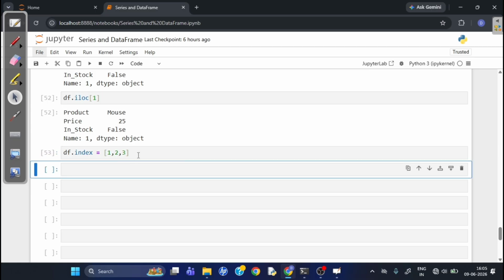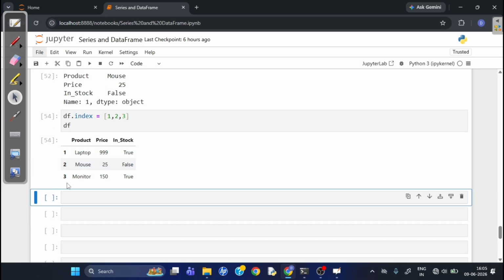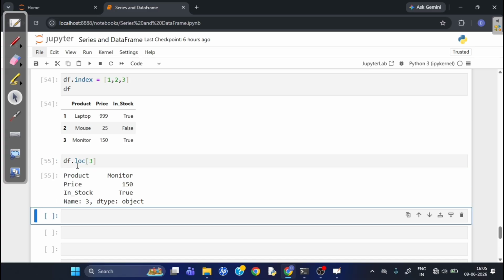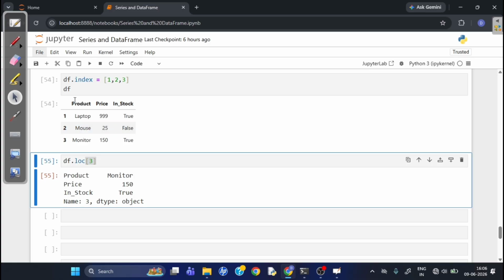So now the data frame of our index has been changed. Let us try to print this. So this is our new data frame with updated indexes. I will write df.loc. This time I will pass this third value, and it will select this last row as a series. And for that series, the labels will be the column names, and the values will be the values in the